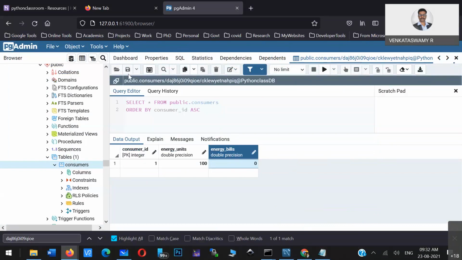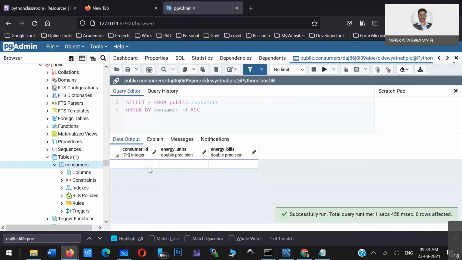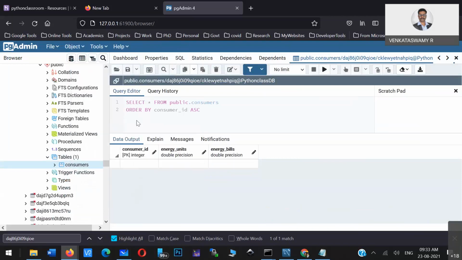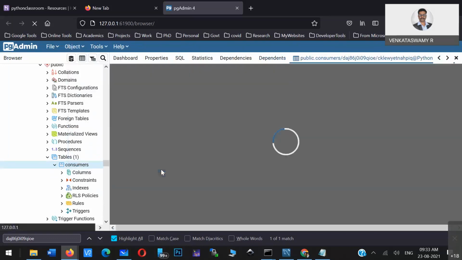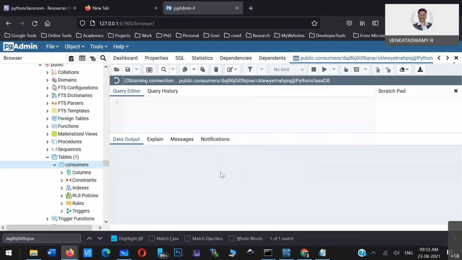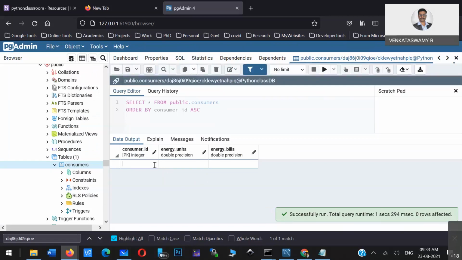Then after that, you can save that particular value. I applied. So now the new data is present in that particular table. Let me close this one and reopen. Right click and view all rows. I just gave the query from ID. I'm just operating that particular database. Yeah, I think the data is not stored.